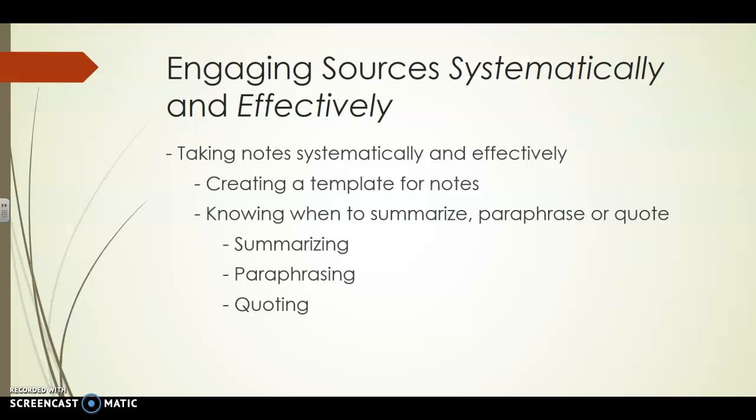Summarizing is about the entirety of the source, what the source is saying in general. Paraphrasing and quoting is like taking a specific piece of information, a specific part from the source. In paraphrasing, you use your own language. In quotation, you use the original language of the source. And in paraphrasing and quotation, you have to make sure that you have page numbers written down or taken. And when you take notes, make sure that whatever information you're writing down, you find a way to identify whether it is a summary or paraphrasing or quotation, and that would help you in terms of